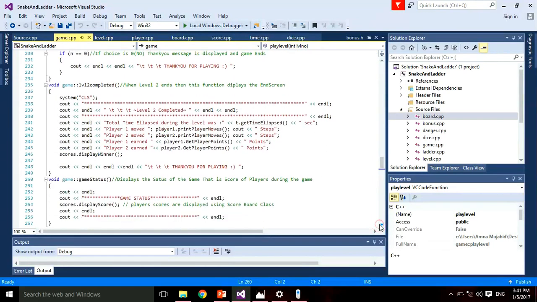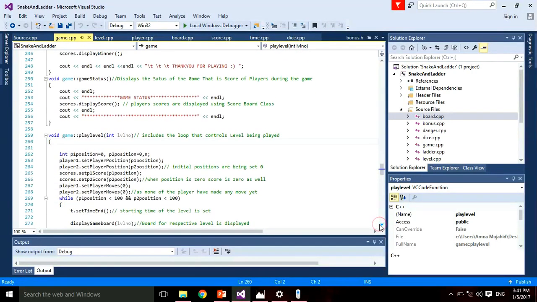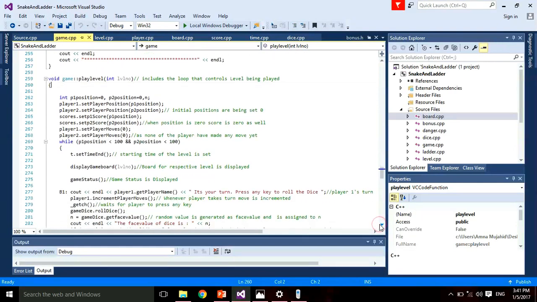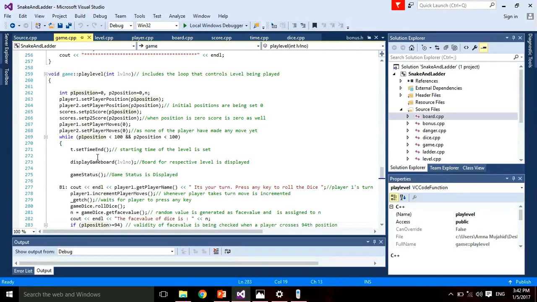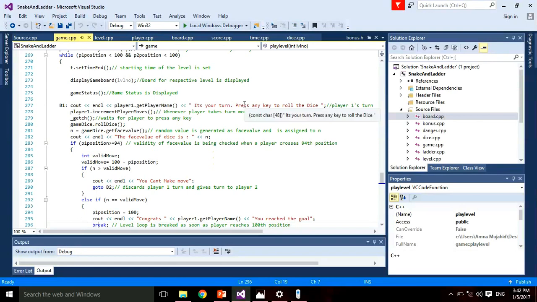Now here is the level 2 completion function and the game status, which shows the status of the game throughout the game. Now we have the main function, play level, which includes the loop for playing the game, and here we have initial scores, points and movements as zeros. When the loop starts, our time starts as well. Our board is displayed, the status is displayed, and a message is shown to player 1 to take their turn. When the user presses any key, which is sensed using getch,